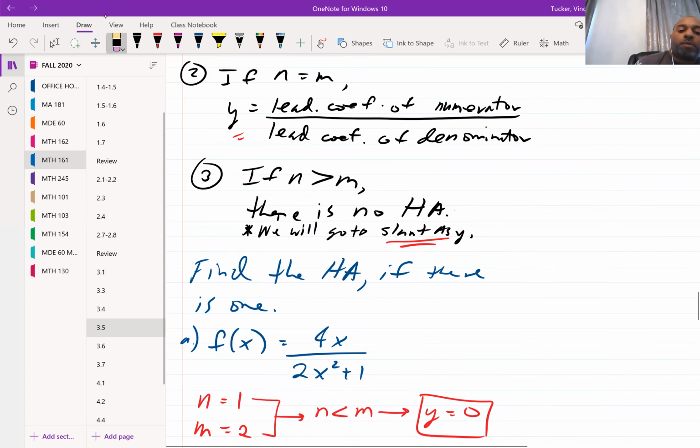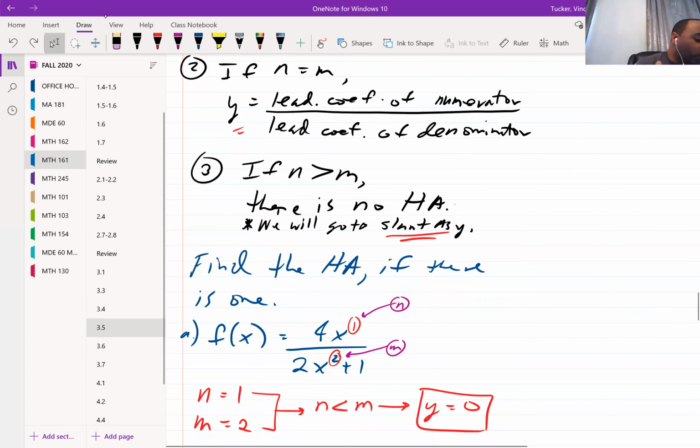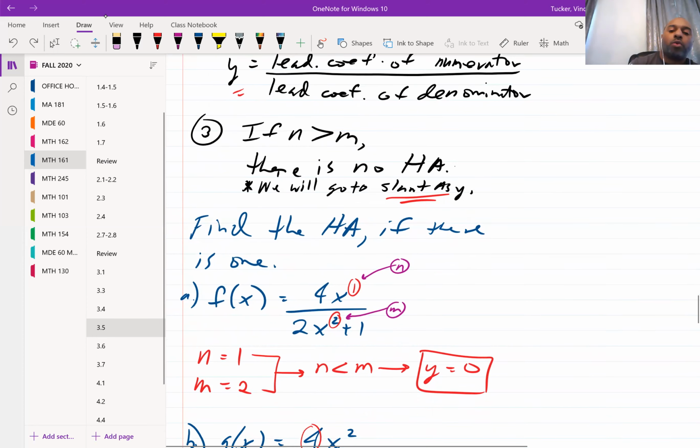When we look at our highest exponents of each, 1 is in the numerator, 2 is in the denominator. Remember, that's what dictates how we establish a horizontal asymptote. The degree of our numerator is 1, the degree of our denominator is 2. So since the degree of my numerator is less than the degree of my denominator,